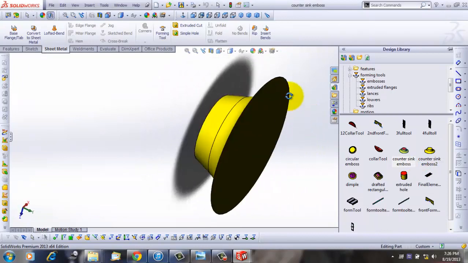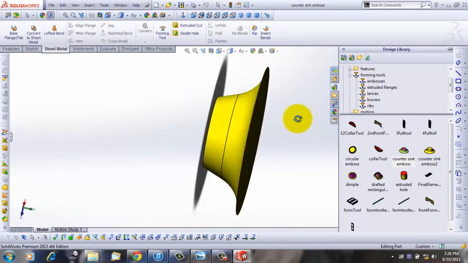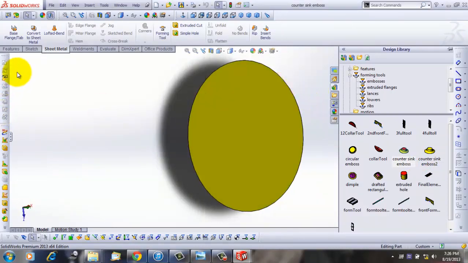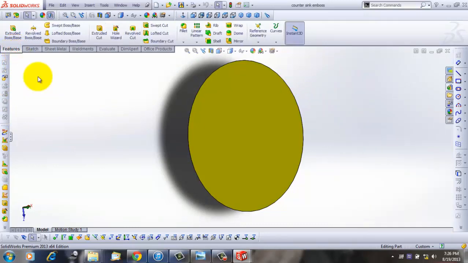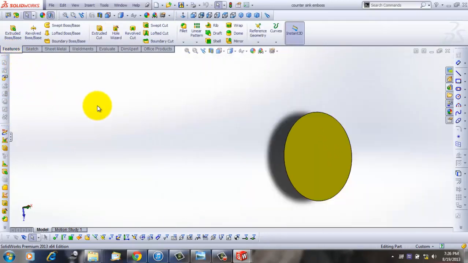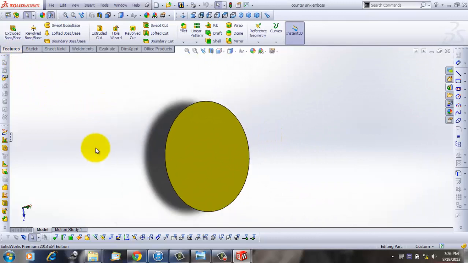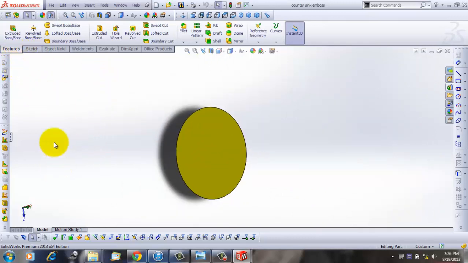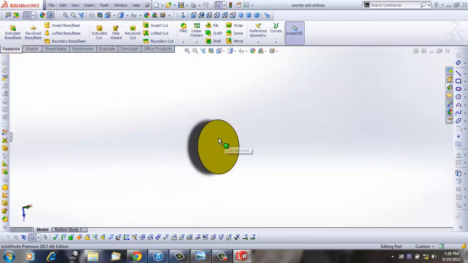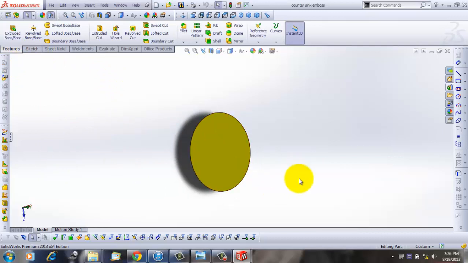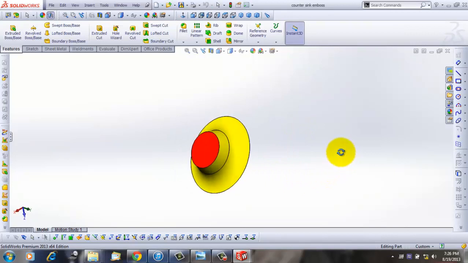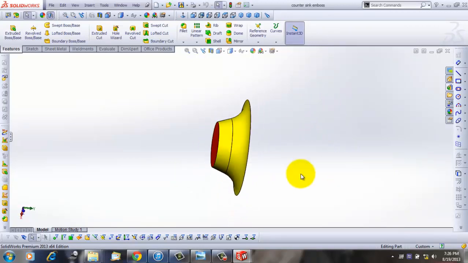This is a red color and a yellow color. What is this? Now, if you just go to features, you're not going to get the features because this is already a SolidWorks tool, a tool given by SolidWorks. So